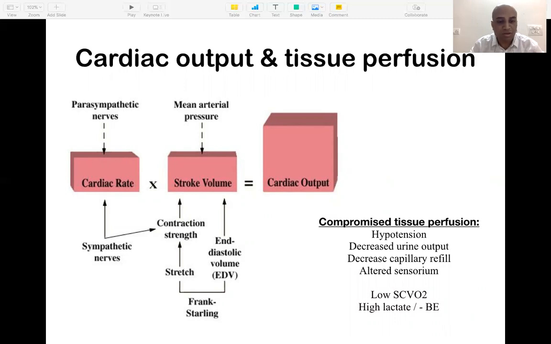the contractile strength. And whenever we are targeting to increase the cardiac output, there must be a challenge like compromised tissue perfusion in terms of hypotension, decreased urine output, decreased capillary refill, altered sensorium, or low CO2 or high lactate or base excess. We all know that lactate has been extensively used to assess the volume status